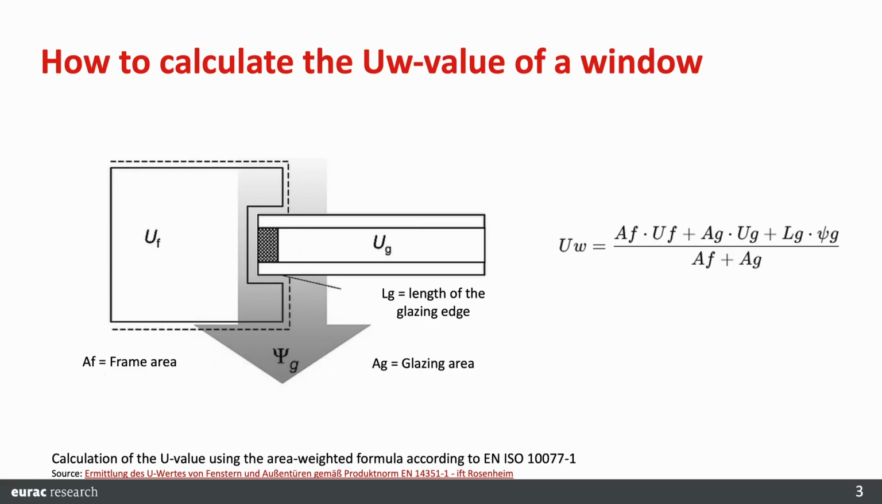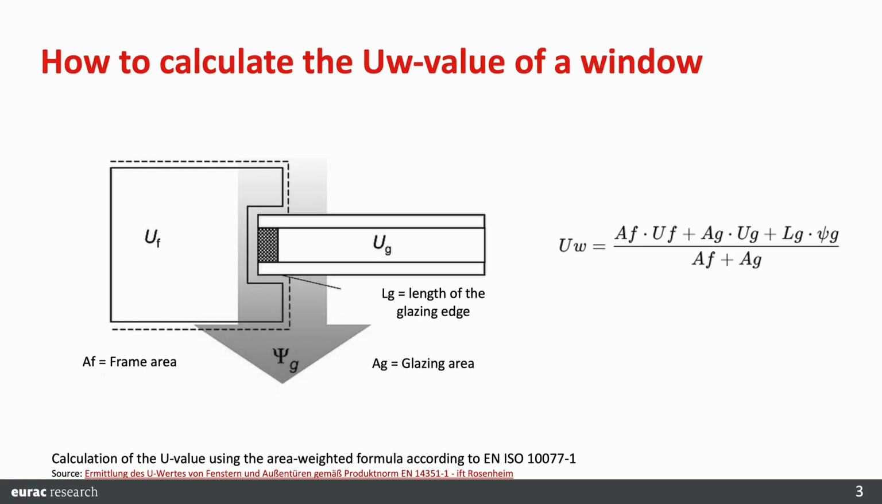Another important thing to consider is the thermal bridge at the glazing edge, so the connection between glazing and frame. To calculate these three main values, we only need a drawing of the window profile and information about all the materials used. After that, we calculate the overall U window value, weighting all the heat transfer coefficients of the single parts according